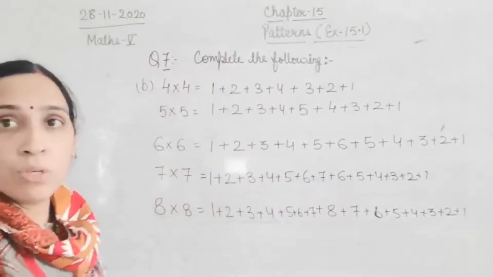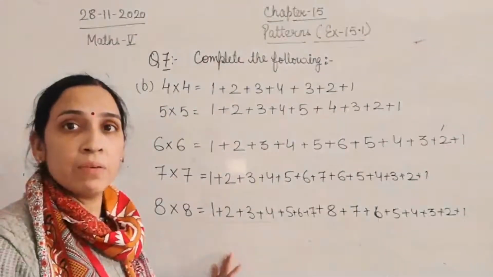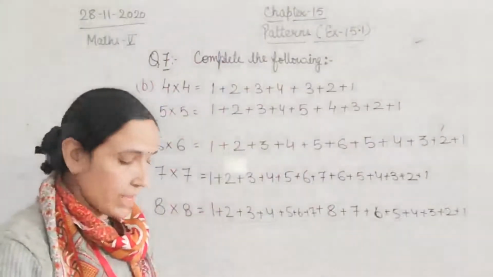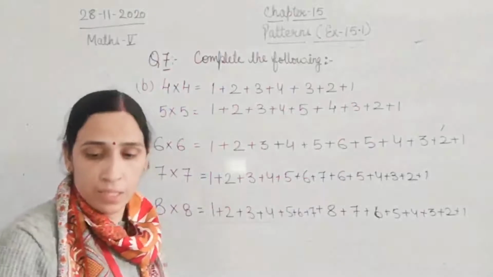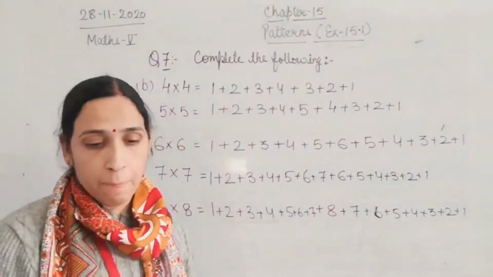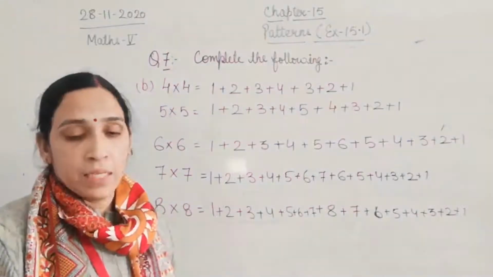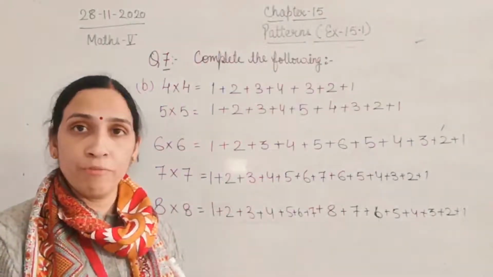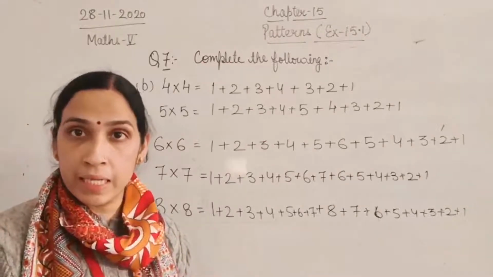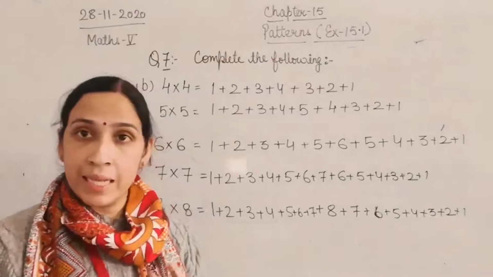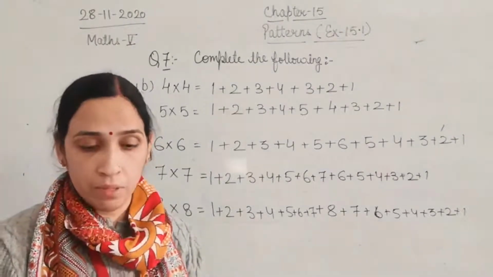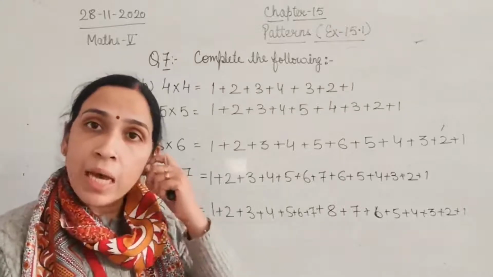So what do we understand here? That if you are given 8 into 8, you are going to write up to 8 directly and then go back down. So children, now what we will see here is C part. Again C part: the sum of a square number and an odd number, you will be getting the next square number. Then the second square number plus one odd number, you will be getting the next odd number, next square number. So that is the series.